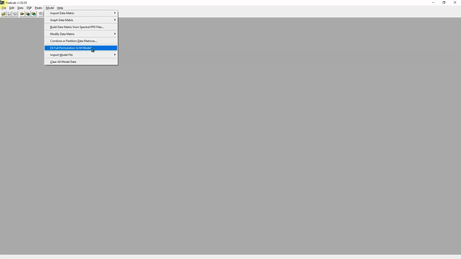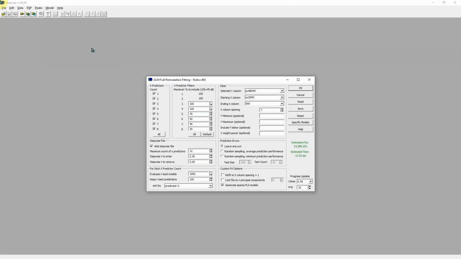We now have enough information to begin the spectral fitting. We will fit the spectral data as sampled without any form of normalization. The model menus Fit Full Permutation GLM Models opens a simple dialog that controls the spectral modeling. By default, the X prediction filters will pare down the number of available X predictors of wavelengths as the count of predictors in the model increases up to 8. That's the maximum that's allowed in the full permutation modeling. Here you see that with 8 predictors,